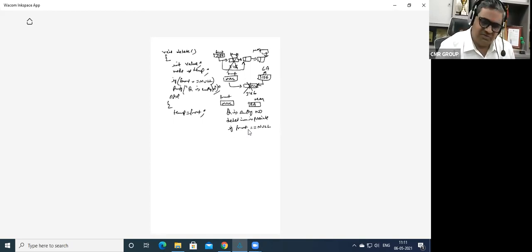temp. After that, now break the link, right? How to break the link of the first and establish with the second? The address of the second node is stored in the first node's PTR part. So first node PTR is nothing but front arrow PTR. So front arrow PTR, assign it to front. So we are simply going to say now front is equal to front arrow PTR.